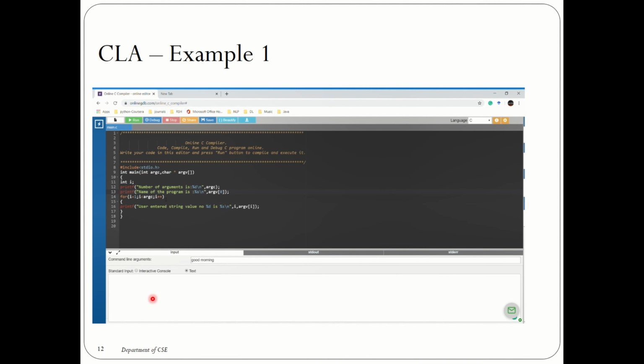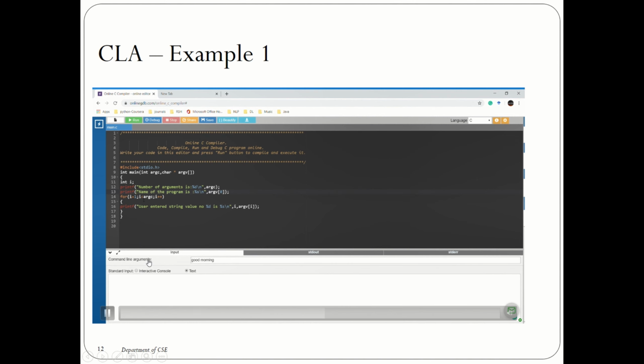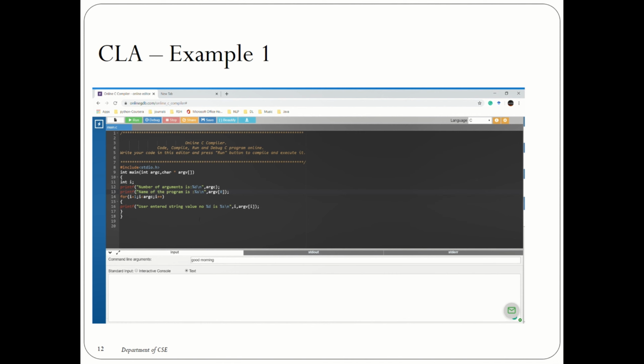Now if we look at this example, it is just a for loop which will print argv of i. However many arguments I give, that will be printed. So in this example, say if I give hi int command, what will be printed here?